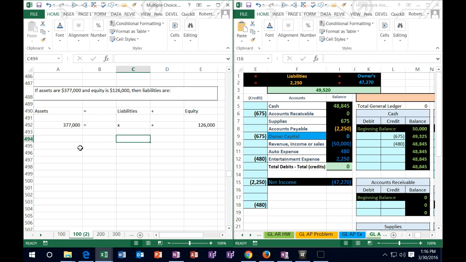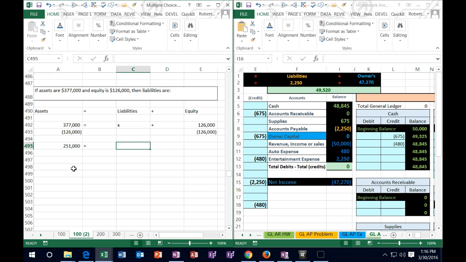So there's our equation, and we need to get x by itself here. So there's x, we need to get it by itself, and therefore we got to get rid of this 126. So we're going to subtract 126,000 from both sides. So I'll put it over here. I'm actually going to bring this up a bit. If I do it to this side, I got to do it to this side as well for algebra. 126,000. If we do the math, then I'm going to say the 377,000 plus the negative, a subtraction problem, 377 minus 126